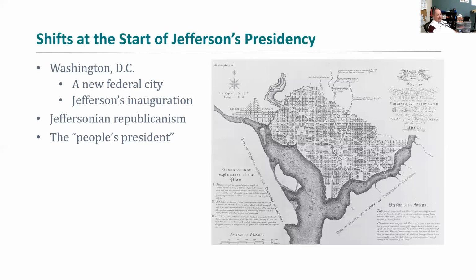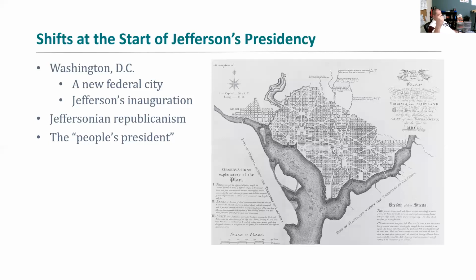But this does create sort of Jeffersonian democracy or Jeffersonian republicanism. But Jefferson puts a significant stamp on government and how government functions in the United States. He is one of the more important presidents in terms of history, because the Federalists who had been in control prior to Jefferson's presidency are very, very much elitists, right? They believe that the wealthy, propertied, educated class in America is the one that should rule.